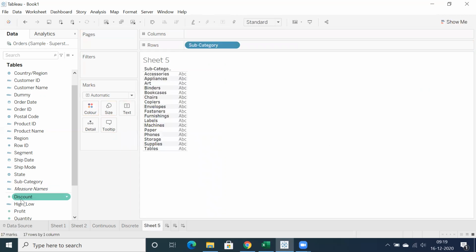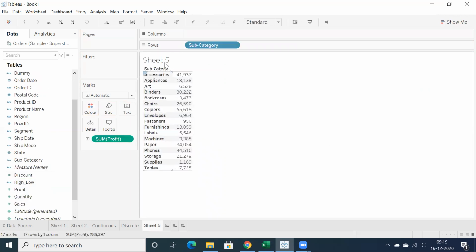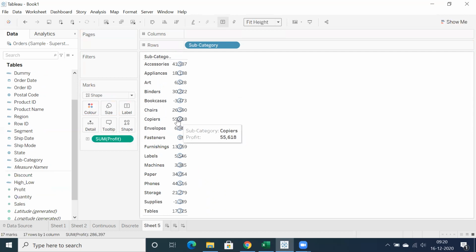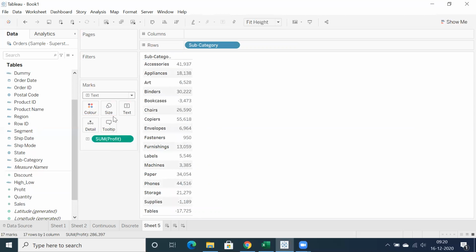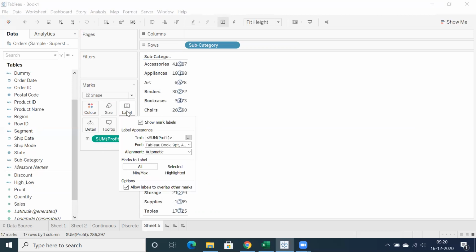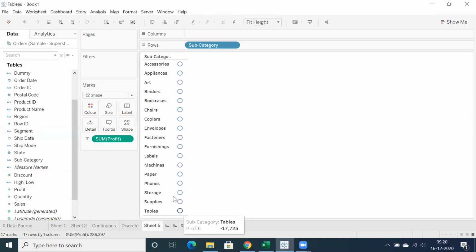So let me recreate, just concentrate please. This is also important. Whenever you want to use shape straight away, you can use shape, but the text and shapes are overlapped, correct? Getting the point? The text and the value, like the label, is overlapped. If you want to showcase only the text, select text. If you want to showcase only the labels or shape, click on labels, unselect the tick mark. You can showcase only the labels.